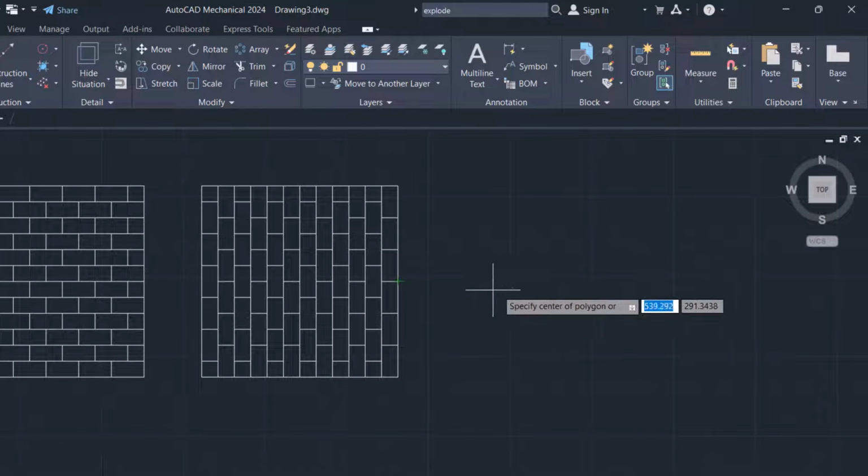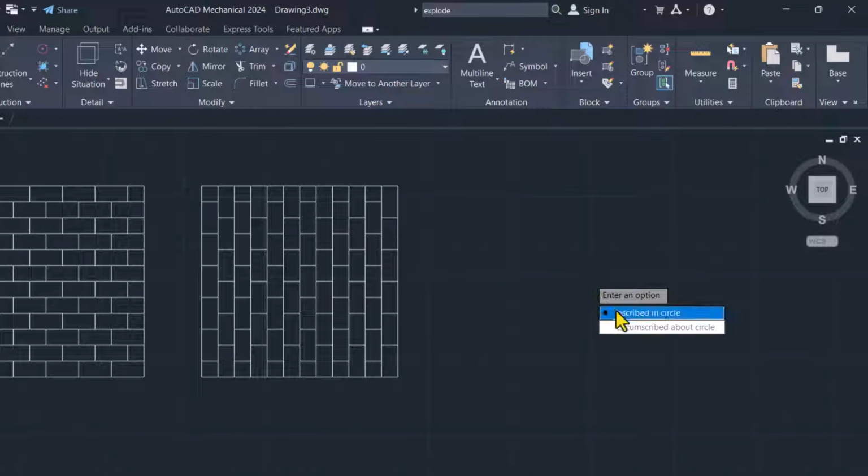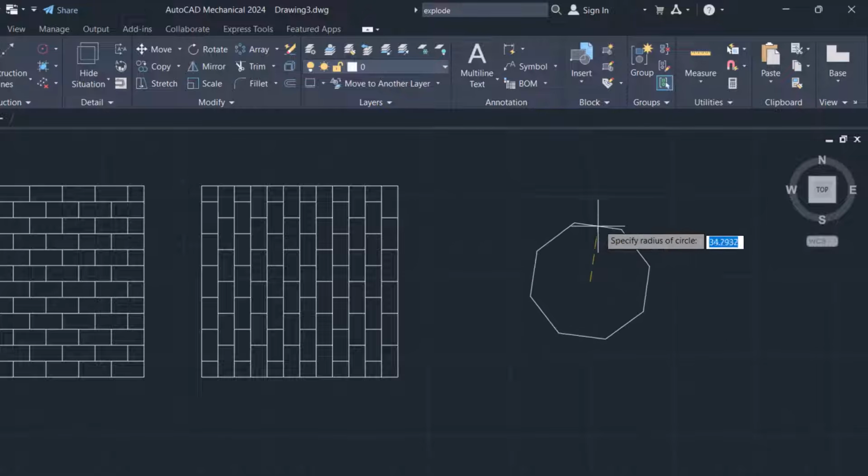I want to track this point, so track this point, and then maybe I'll just click this to be my center. Do I want inscribed or circumscribed? For a polygon that is drawn across flats, here in AutoCAD we have to use the circumscribed method. So I'll click on circumscribed, and then